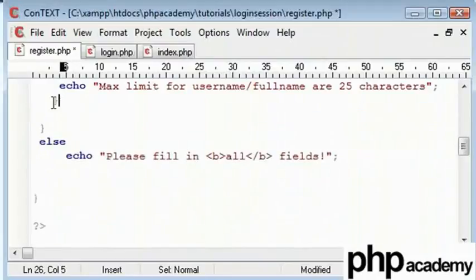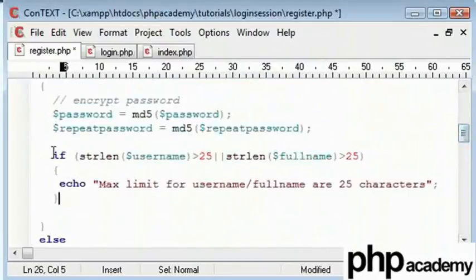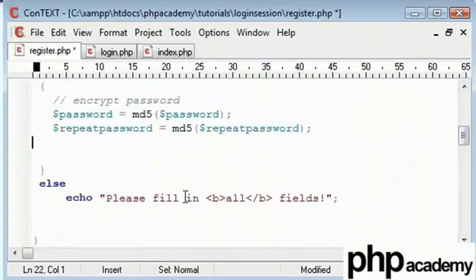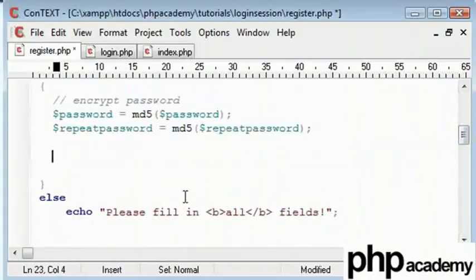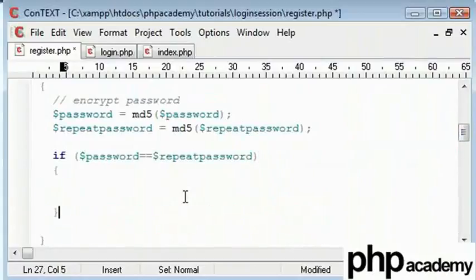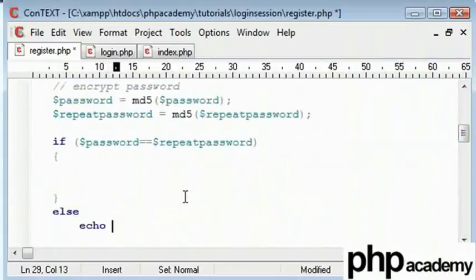Get rid of else. The first check I want to do is to see if my passwords match. Let me say if password equals repeat password, then continue the big block of code. Otherwise, echo out to the user, your passwords do not match.